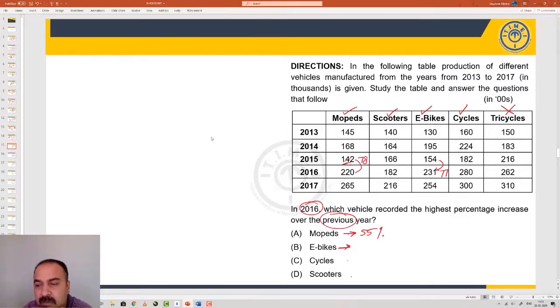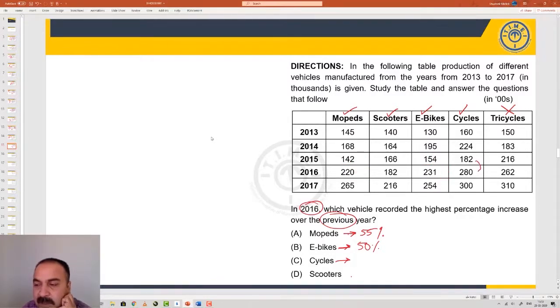77 over a total of 154. So if I take 10%, I will get 15.4. And 15 fives are 75 and 0.4 fives are 2. 75 plus 2 is 77. So this growth of 77 is obtained by multiplying 10% into 5. So therefore this growth is 50%. What about growth for cycles? Let's look at the growth for cycles.